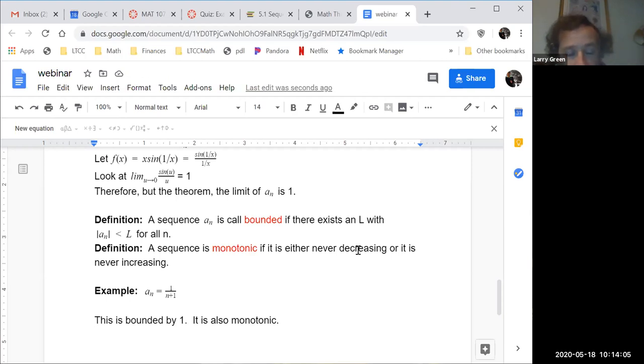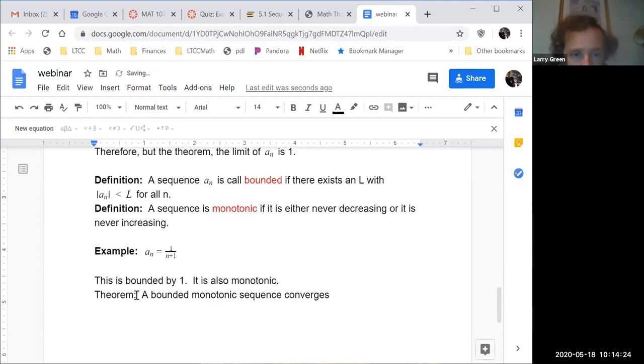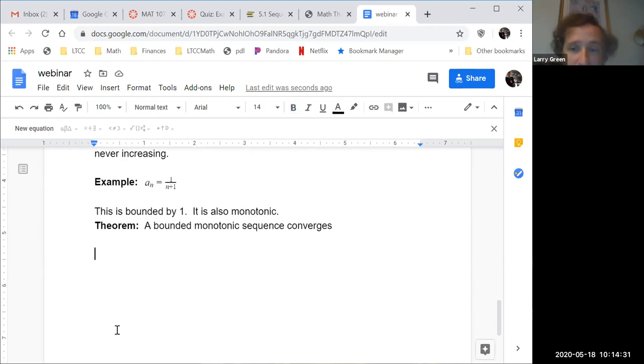Okay, so here comes the theorem. A bounded monotonic sequence converges. So if you have a sequence and you can show that it's bounded and it's also monotonic, then it must converge. I don't have time to prove it, but you can imagine that if you have a sequence and it never gets high and it never gets low